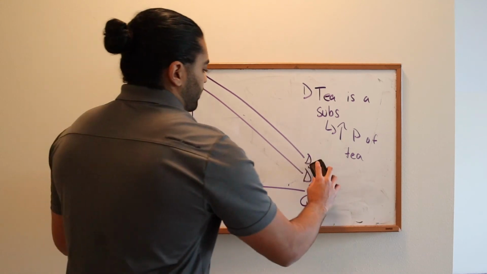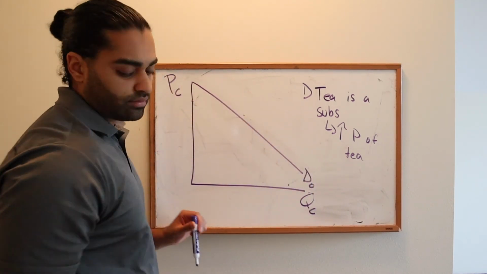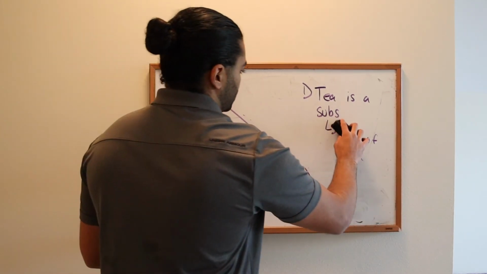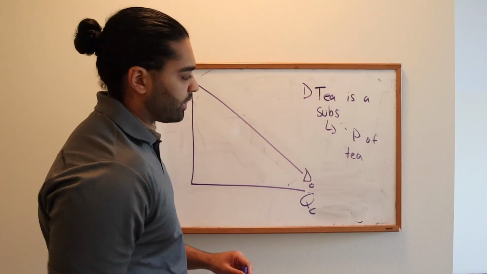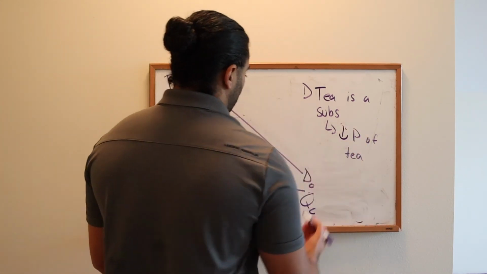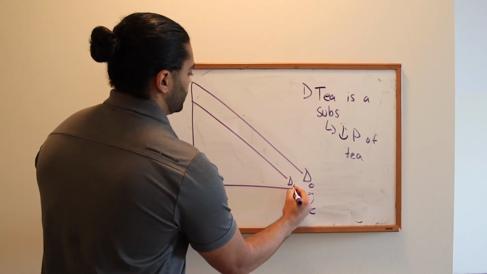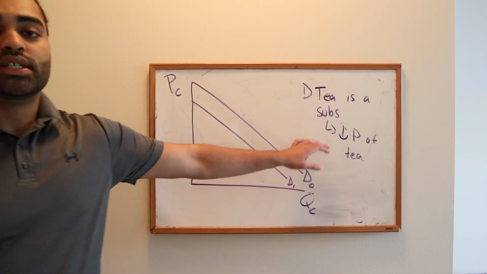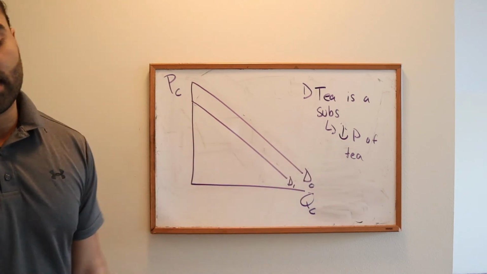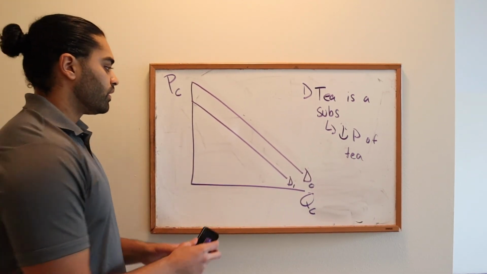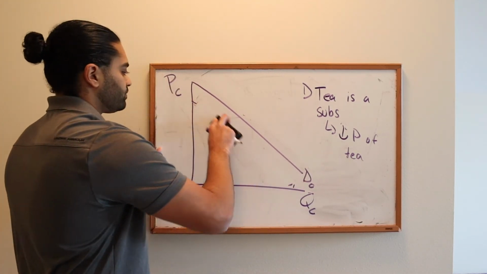Now, if we were to do it the other way around, if I said the price of tea decreases, what's going to happen to demand for coffee? Demand for coffee is going to decrease. It decreases because tea is cheaper now. You want more of the tea as opposed to coffee. Okay, the next one,